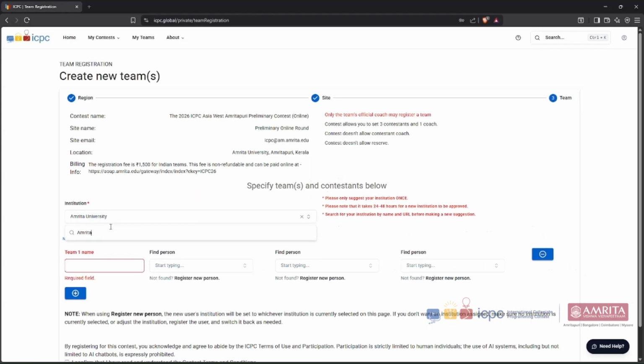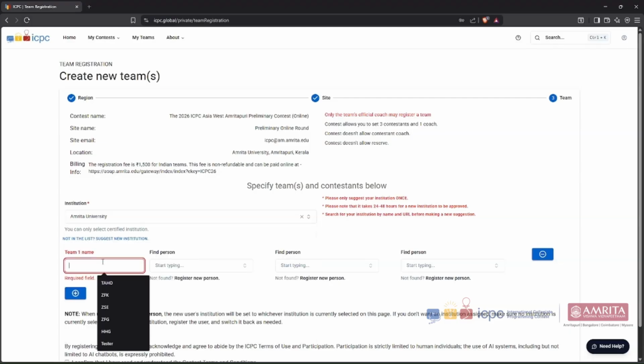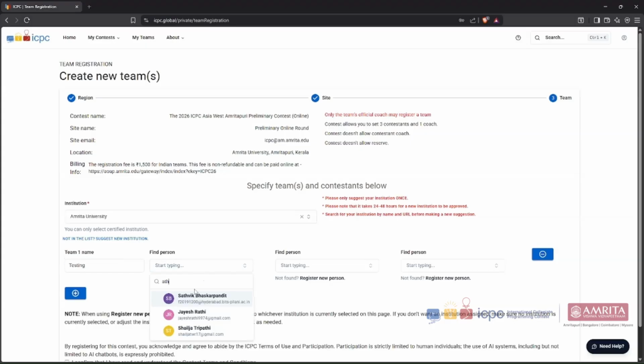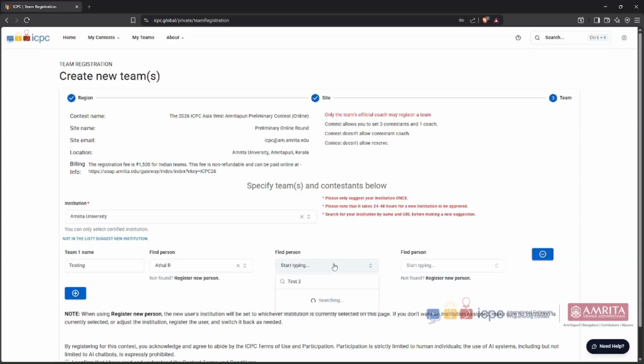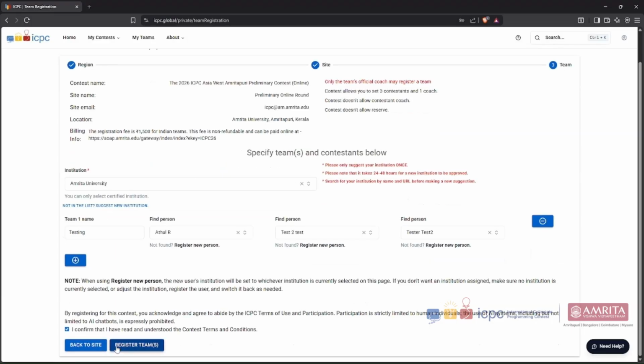On the Create Team page, fill in all the required details, including the institution name, team name, and the registered email addresses of all 3 team members. Once you've entered the required information, review the details carefully, accept the declaration by checking the box and click Register